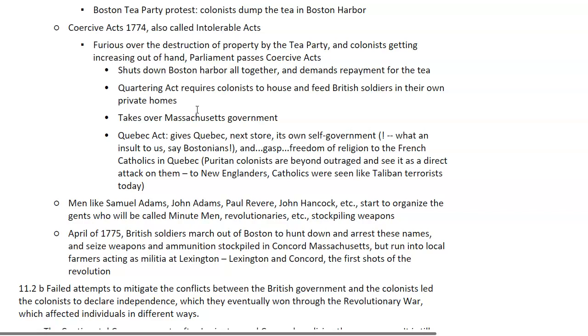In April of 1775, now we have marched from 1763 to 1775, notice, the British Army in Boston gets word that there is a stockpile of ammunition and weapons out in Concord, which today is, I guess, about a half-hour drive outside of Boston. They decide they're going to go take the weapons and the ammunition and see if they can't arrest Samuel Adams and some of these other characters. They march out of Boston